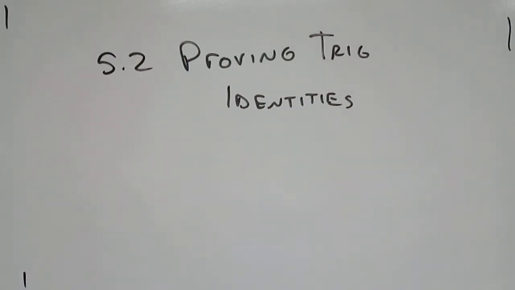In section 2 here, we're going to go through proving trigonometric identities. This will be similar to some of the homework problems from section 1. The only difference is we will have where we're going. The proof itself consists of beginning with one side, making small changes that are easily understood until you get to